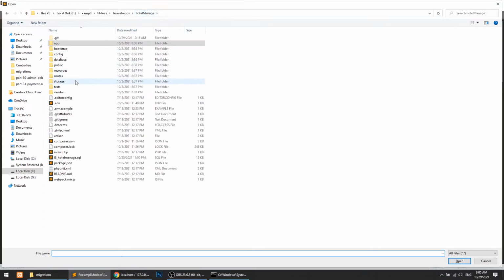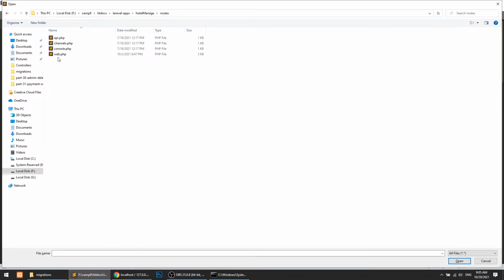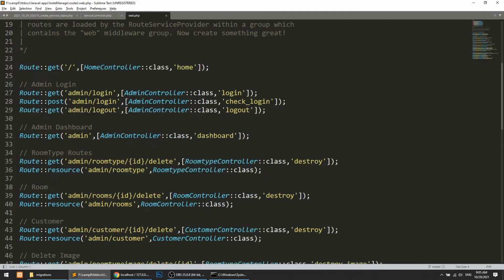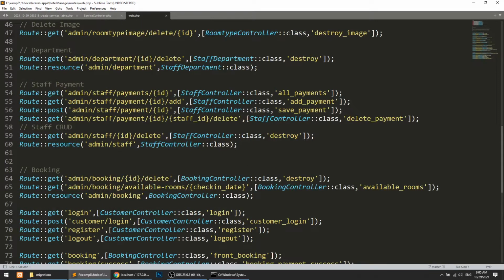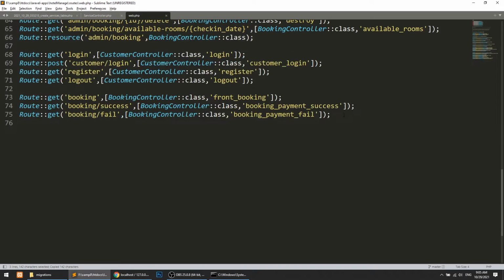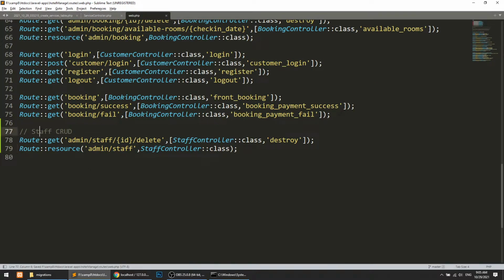Let's open routes web.php, and here we have routes. I will just copy one of the resource routes, this staff one. Now I will go here. This is staff, and its name should be service CRUD.